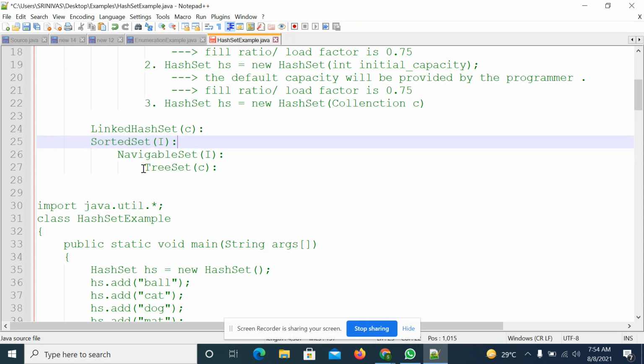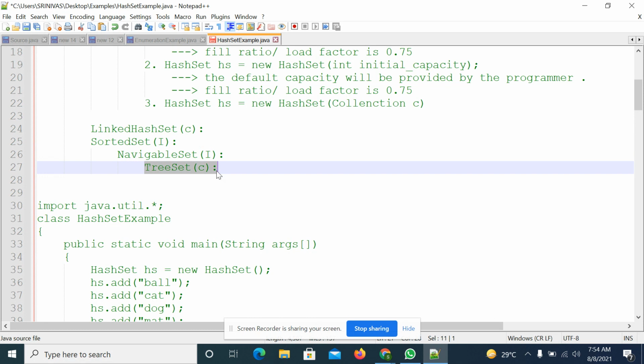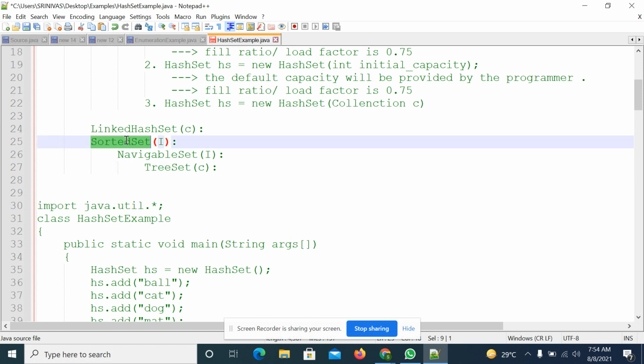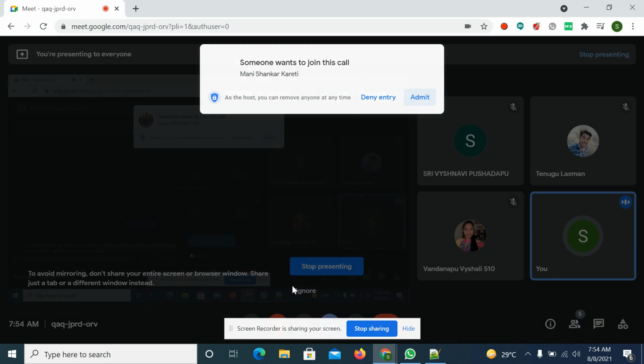So after that we started discussing the TreeSet class. This is a subclass implemented from SortedSet and NavigableSet. SortedSet means you are able to insert only similar kinds of data, homogeneous data, not heterogeneous data. Why? Because the elements must be sorted.